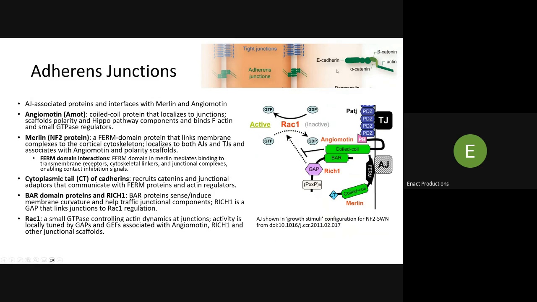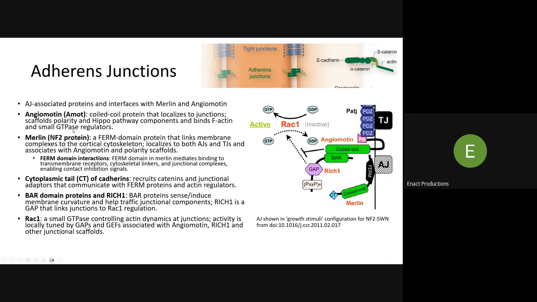So now going down a little bit tighter, we have this adherent junction. The adherent junction, you'll see it's co-located below the tight junctions, has this kind of interaction here. So the angiomotin, shown as AMOT sometimes, but we see that here. This angiomotin is a coiled-coil protein that localizes to junctions, scaffolds polarity and Hippo pathway components, and binds F-actin and small GTPase regulators. So we see that's binding here to this RICH1. This GAP is a GTPase-activating protein,